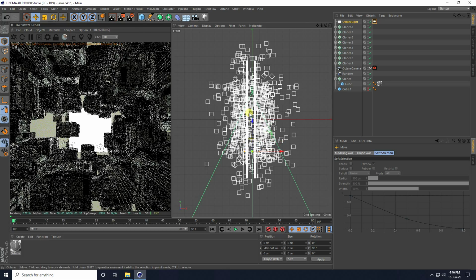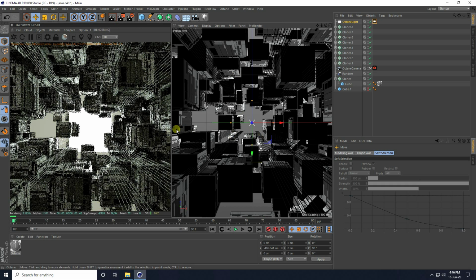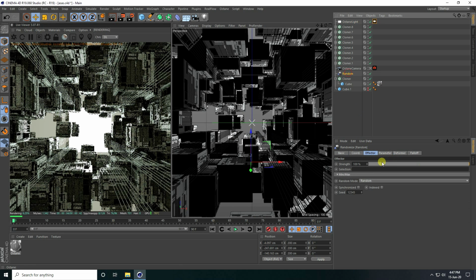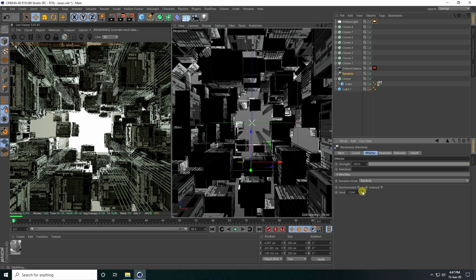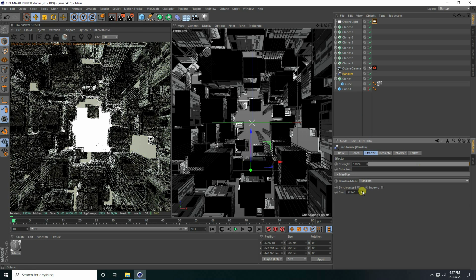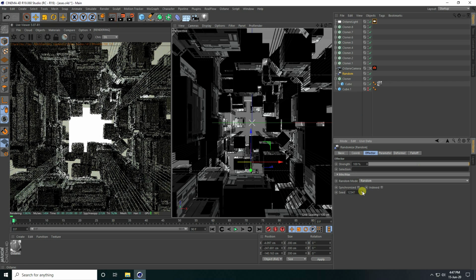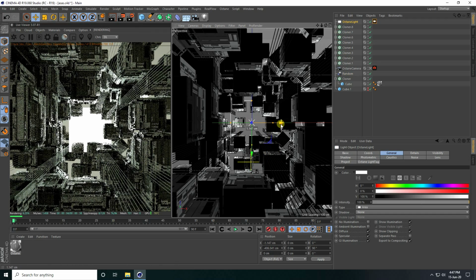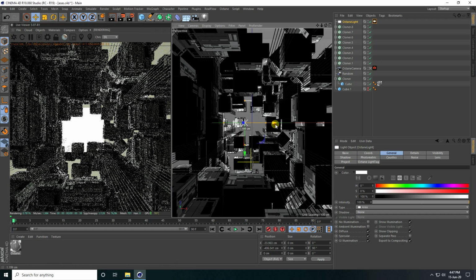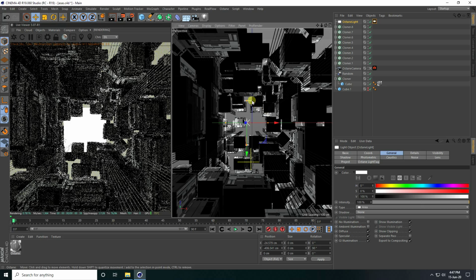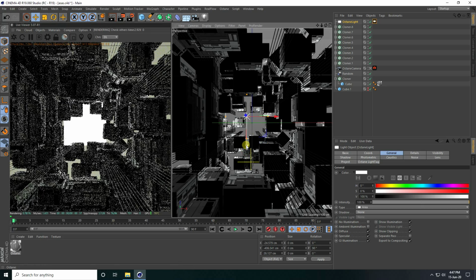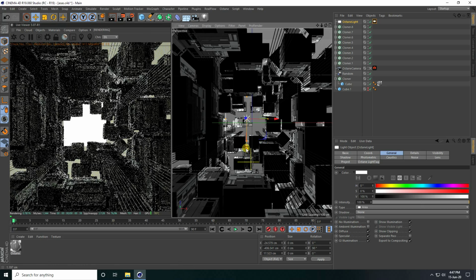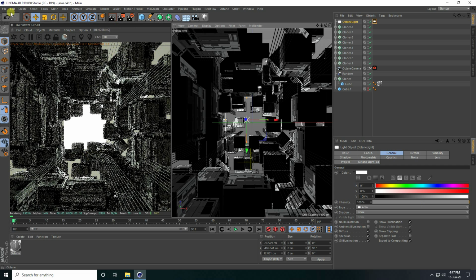Okay, go to top view panel, and guys, now you can also change this random effector seed, this one, seed change. Yeah, yes, this is also good. So select this light and change position. Yes, I like this one, that's really good.